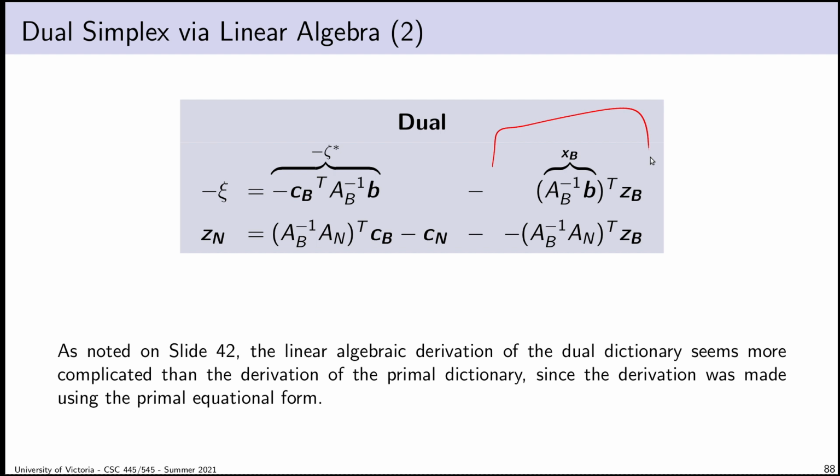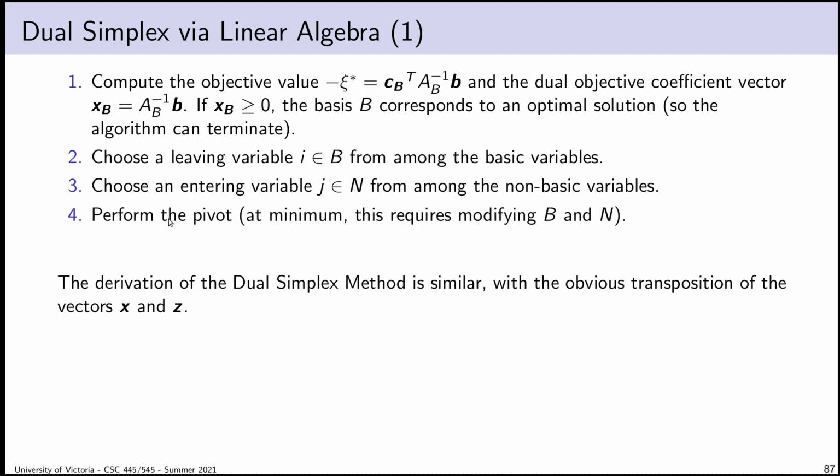So we're going to call what we choose here as our pivot the leaving variable, and what we choose over here as our entering variable. We're going to use the terms of a primal pivot to describe this thing when we talk about the dual simplex method. So besides the obvious transposition, which is to say that we're going to use the vector x in the dual method the way we use the vector z in the primal method,